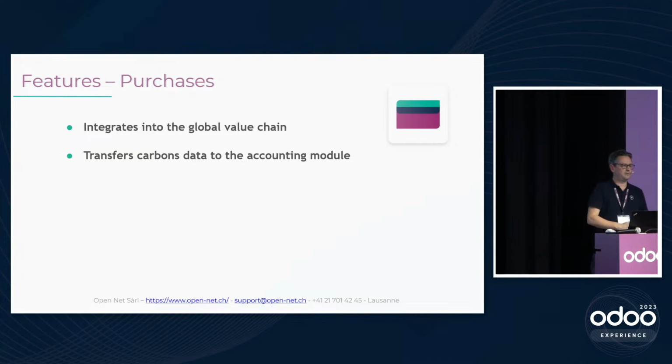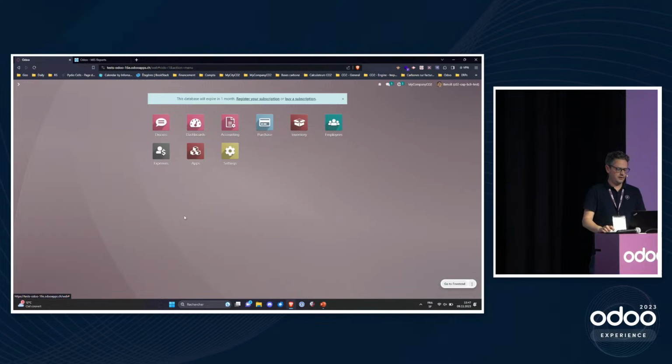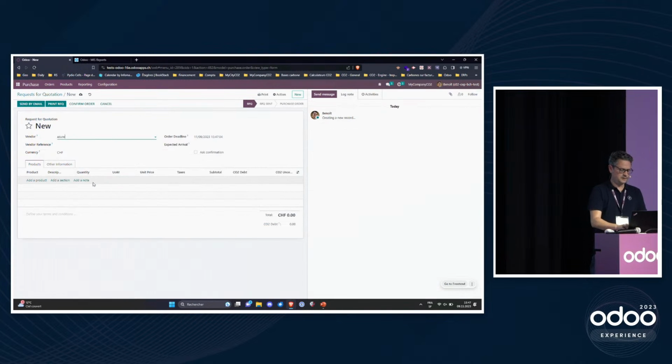Who is better placed than the guys from the purchase department to know what is the weight of the carbon that is associated to a given purchase? So let's do it, so that the guys from the purchase departments are also aware that we need to reduce the carbon footprint. So here, for instance, let's purchase,